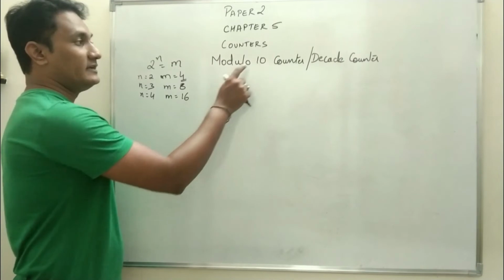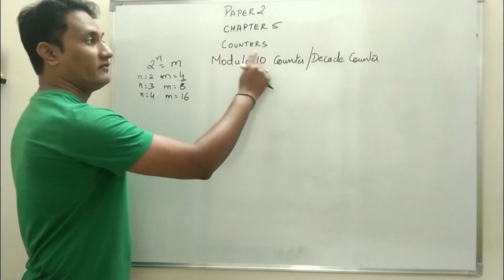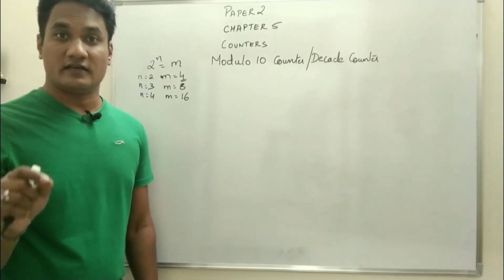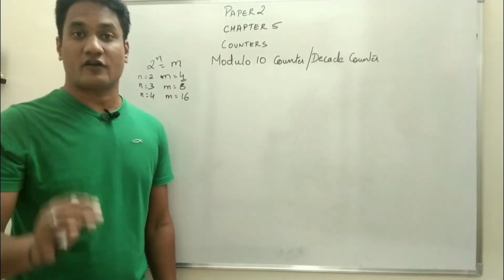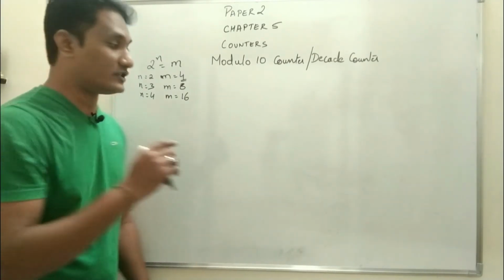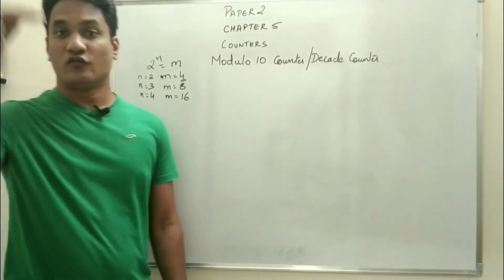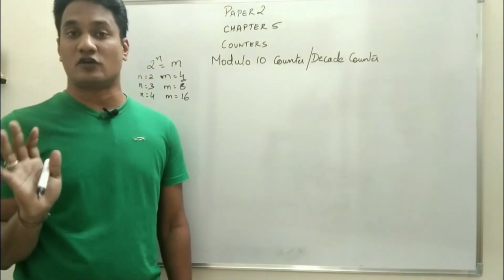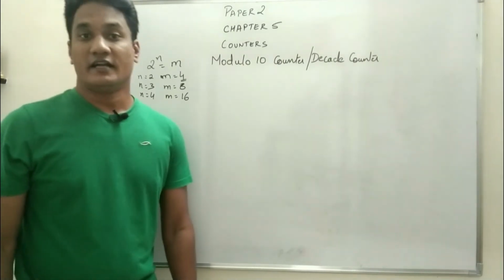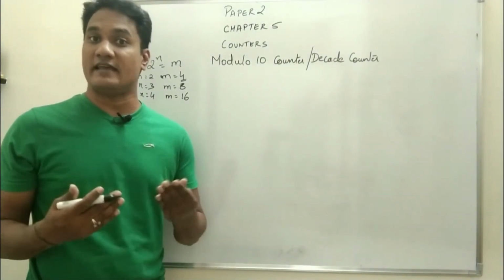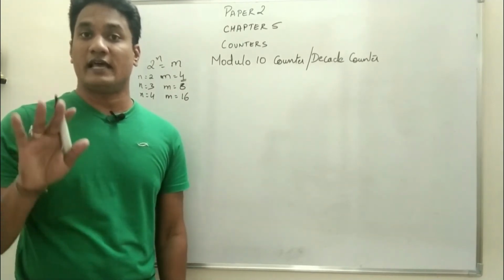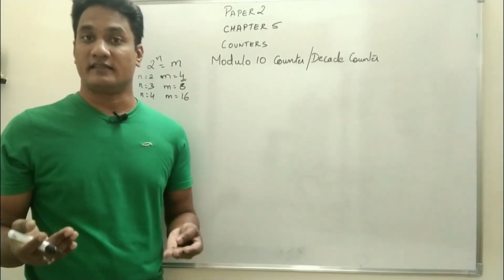Of course in a modulo 16 counter, we can have 10 discrete states, but we have to make sure that the circuit counts only from 0 to 9, that is only 10 discrete states. It should not go up to 15, that is 16 discrete states. It should reset back to 0 0 0 0 at the end of the 10th clock pulse. So if we can design the circuit, it will work as a modulo 10 counter. Now I will explain how to design that circuit.